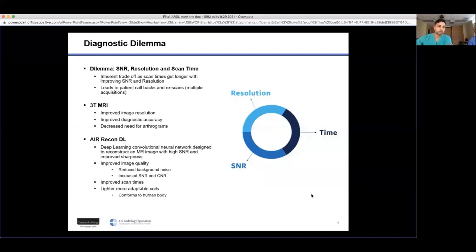We'll also talk about the 3T MRI technology. So I know a lot of you have heard about 1.5 Tesla and 3 Tesla, and we'll talk a little bit about that. And then again, we'll talk about this Recon DL, which I'm sure you've heard of: artificial intelligence, machine learning, deep